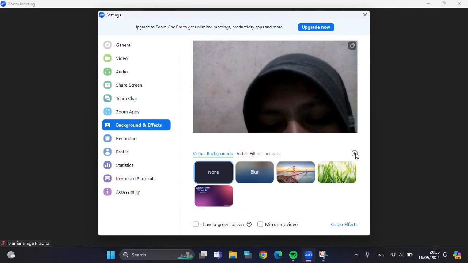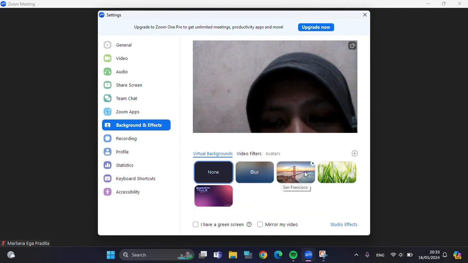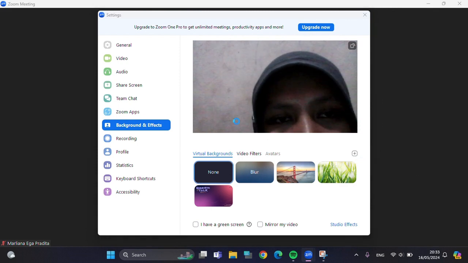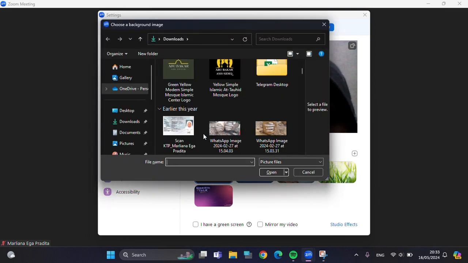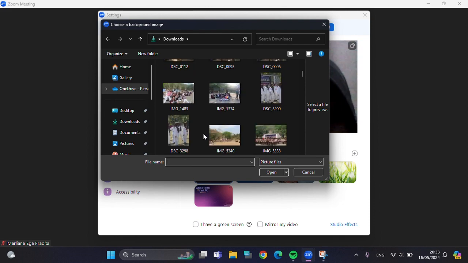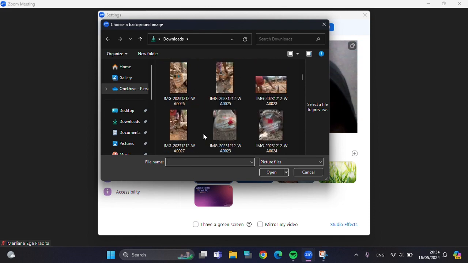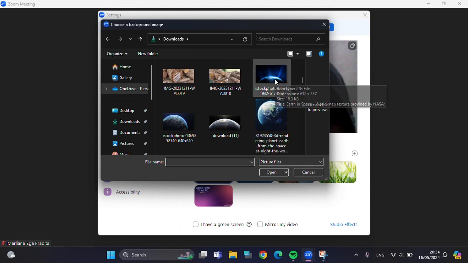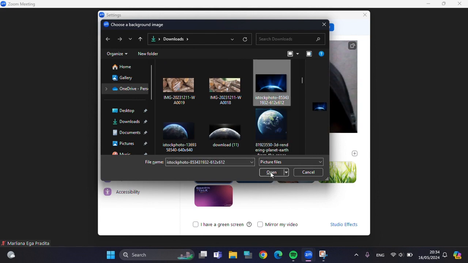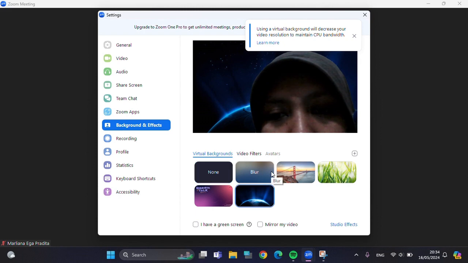on this plus button. Here I have some images I can use for my virtual background, and I'm just going to add more image. I'm going to add image from my computer. For example, I'm going to add this one. Just click on the image that you want to add, then we can click on open, and now